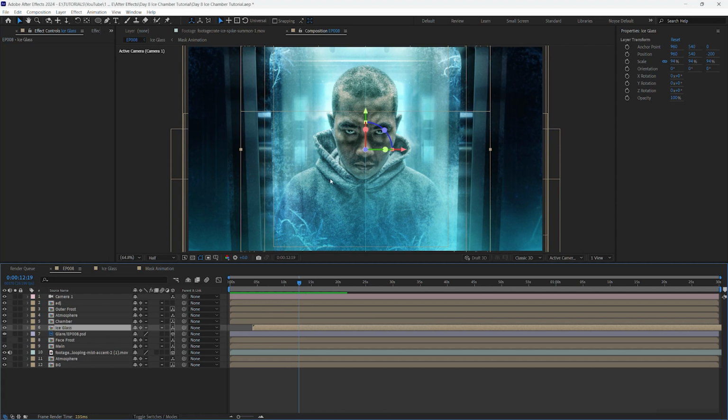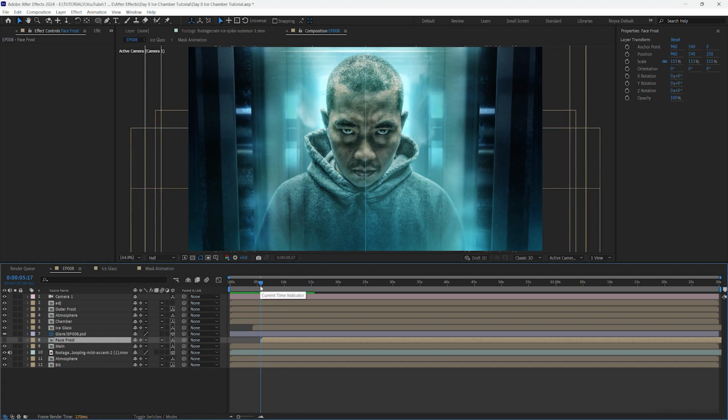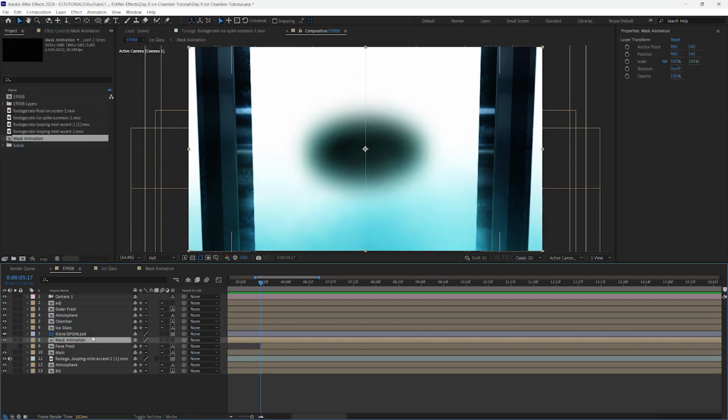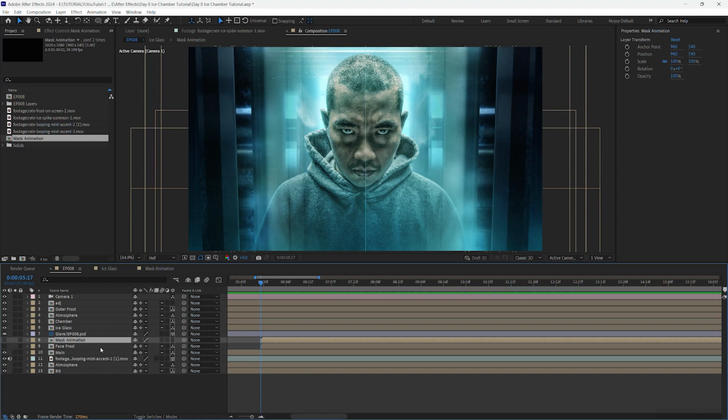All right, so I think I'm gonna let the ice crack right there maybe come in a little bit later. Also have to do the face frost. Face frost maybe come in a little bit later too. I'm gonna hit I to go to the beginning of that frame, and let's go to the project window, and let's go ahead and bring in the mask animation, and bring it there, disable that, and